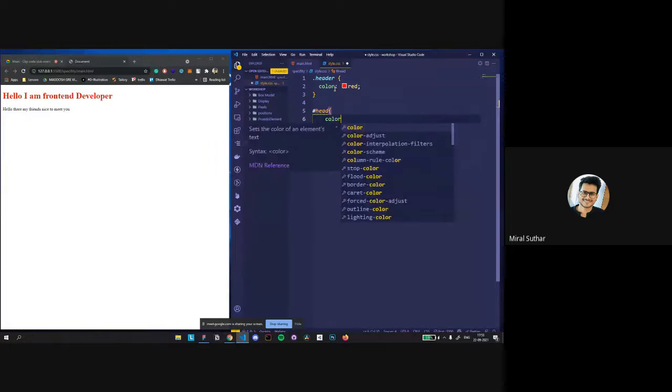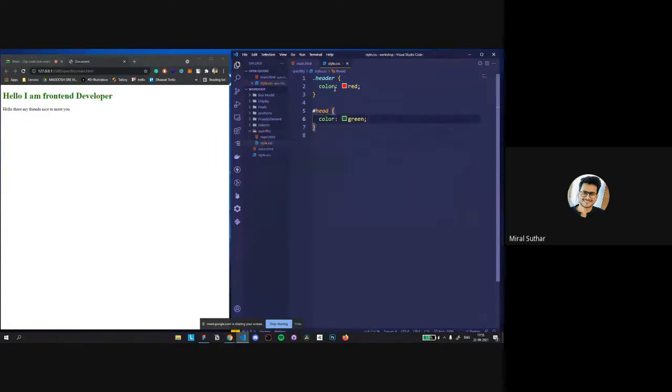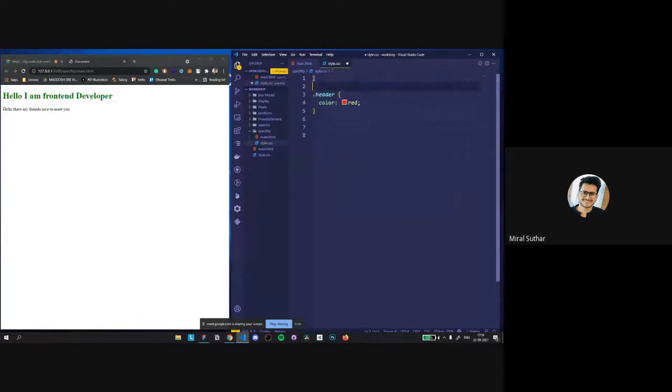Add color green. So you can see, you can also say that it's going to go up and down, but it's not really. You can just put ID over here and it's still going to use the ID, because ID is the highest priority in the HTML CSS selectors, right? Then the class comes next, and the header tag comes first.